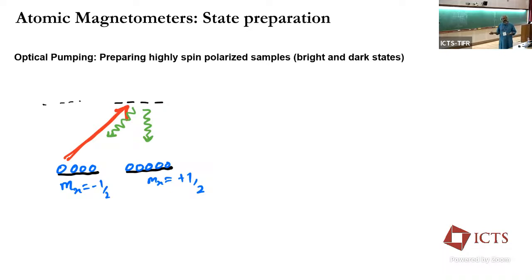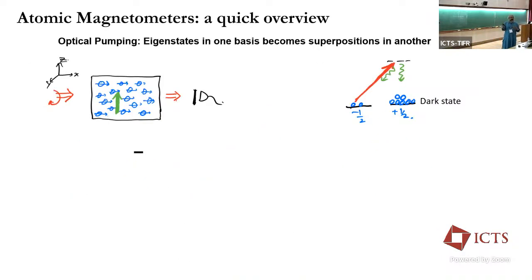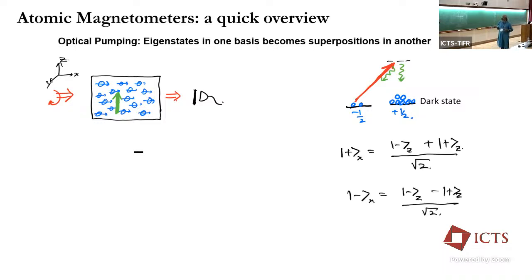So this is dark to the optical field, and this will just keep accumulating the atoms. And so eventually this will empty out at the cost of the fact that the samples are spin polarized. So this is like having a very large spin. If you have managed to optically pump a million atoms, it's like a spin that is that long. And that is your starting point. And with that, we can quickly have an overview of what a magnetometer essentially is doing in this simple model.